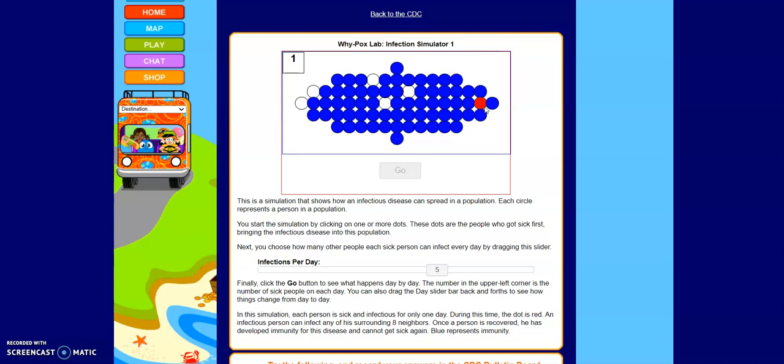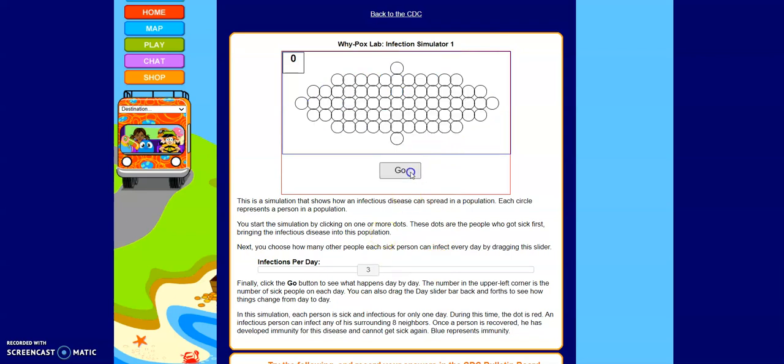In the lesson plan, your students will be asked to manipulate these variables such as infections per day and how many people are infected initially. So you can, of course, just do the corners or something like this and lower the infection rates per day and see how that changes. In addition, you can also have your students create various hypotheses as to what will happen, given this infection simulator